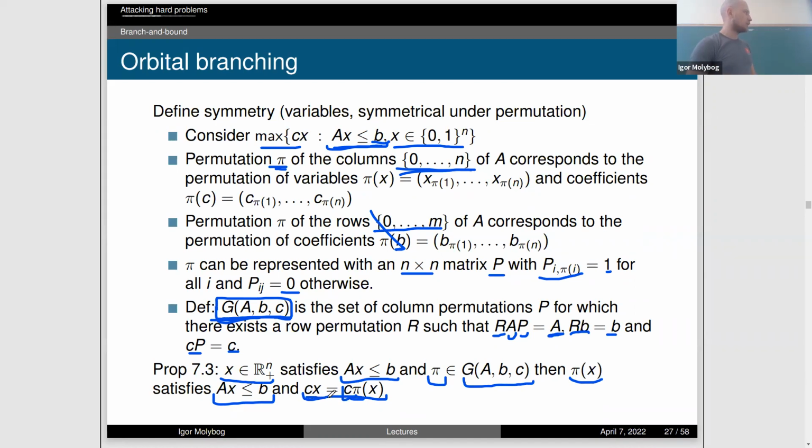So the objective function itself should remain the same, and since our entire problem was preserved under the permutation pi of variables, then